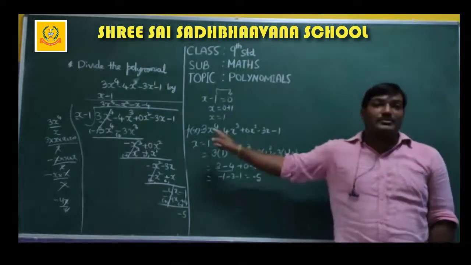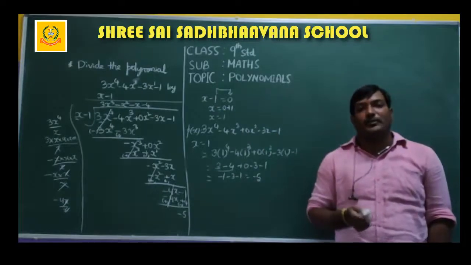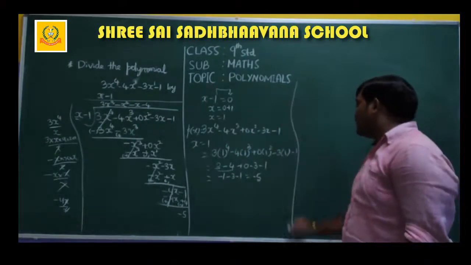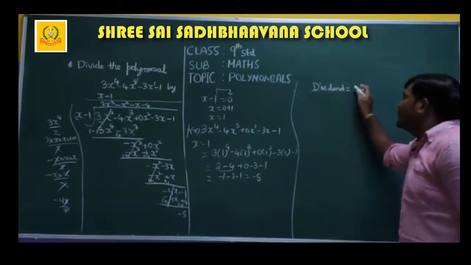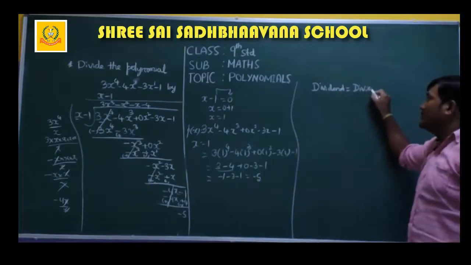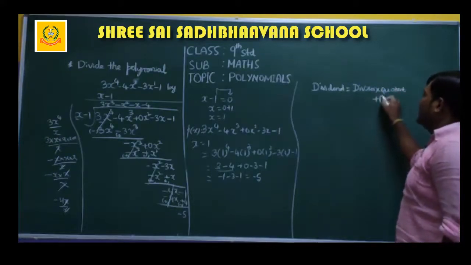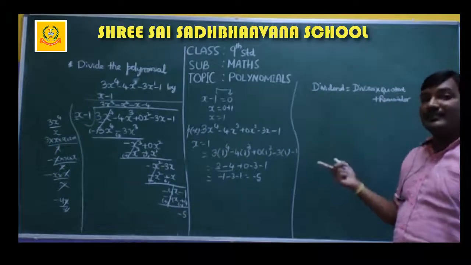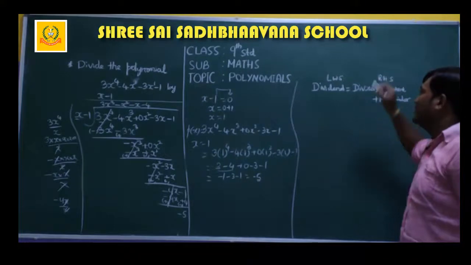So the solution of our division is correct. Okay, and you remember we have one more formula, right? What is that formula we discussed? Dividend equal to divisor into quotient plus remainder. Okay, this is also one way to check whether your answer is correct or not. This is the verification part. This you take as LHS and this you take as RHS.